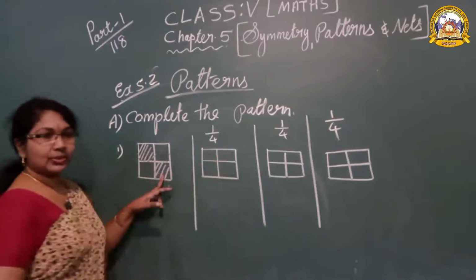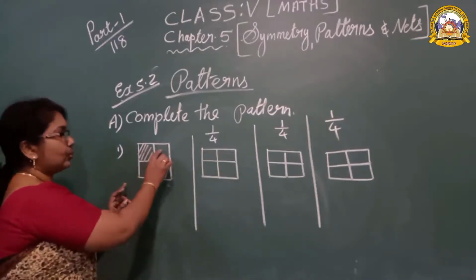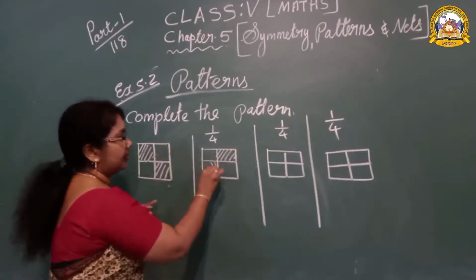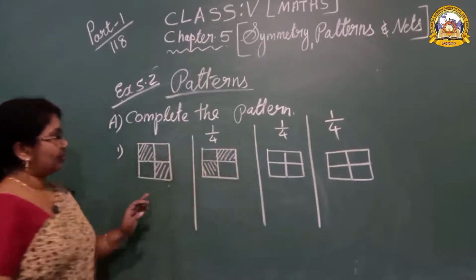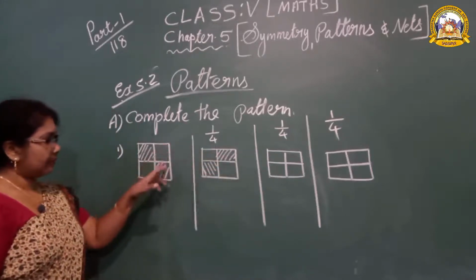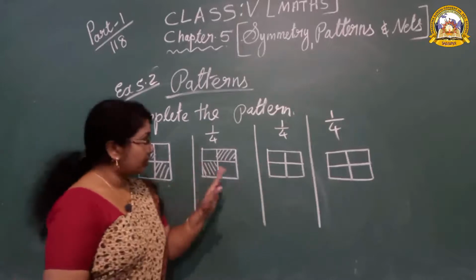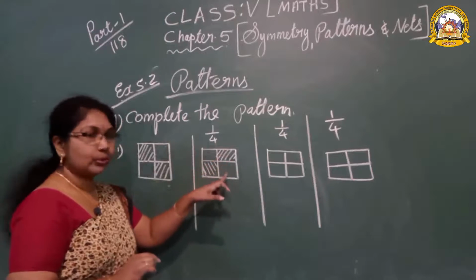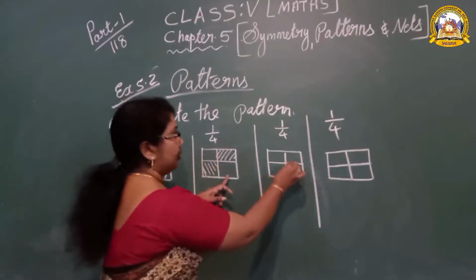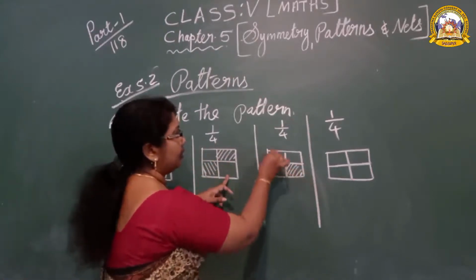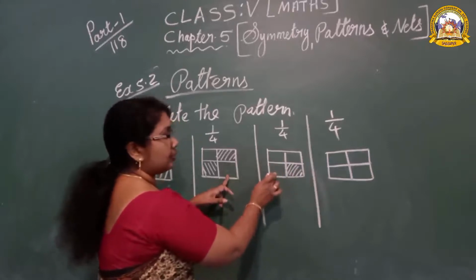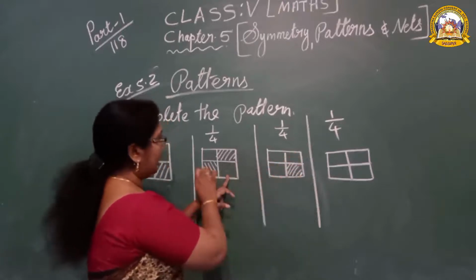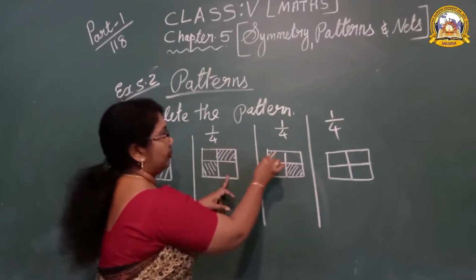So how can you say this one? This one moves to here. So the shape will be like that. Understood now? So this is the plain figure, and this plain figure moves here. Again this figure rotates. So this will move to here. So look here, it will move to here, and this plain figure will be, look here, this figure will move here and this one moves to above.